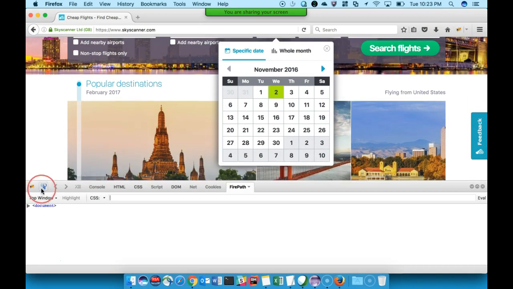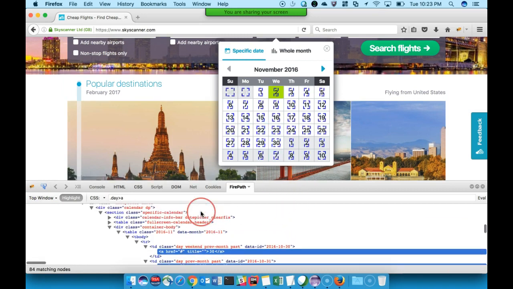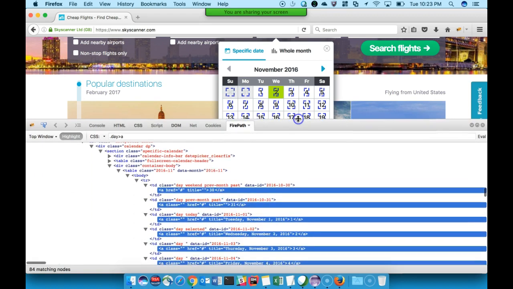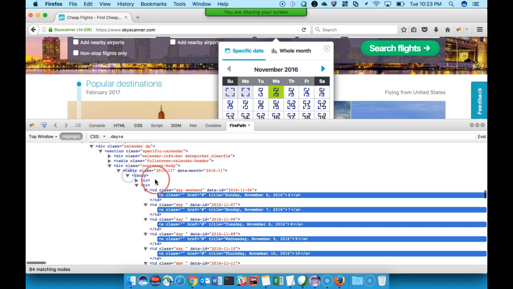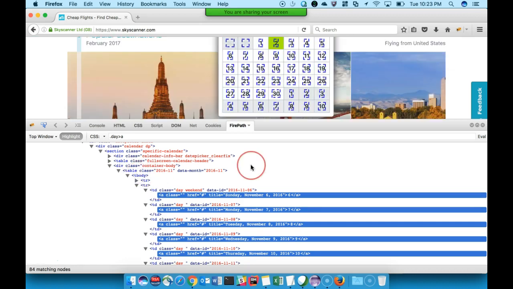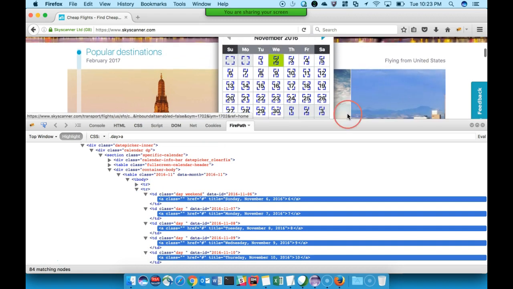and inspect somewhere on the date picker here. So no need to worry about all these right now. Let me just go to the parent object over here. Now this is the table which is the parent of this date picker.